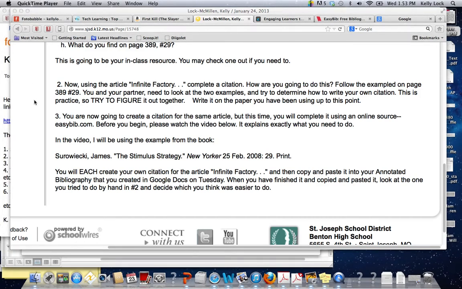Okay, I'm going to do a quick overview of what you're doing in number 3. First of all, I have on the screen the instructions, and I'm going to read those to you quickly. You're now going to create a citation for the same article, and I'm talking about the article that you just did, Infinite Factory. A couple of things, the article that you read together on Tuesday, Infinite Factory, you'll see there's